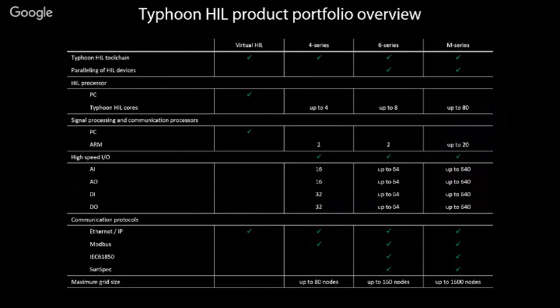So the systems that we are speaking about can at the moment deal with networks of up to 1600 three-phase bus complexes. So this is the maximum size of the grid that we can deal with at the moment.